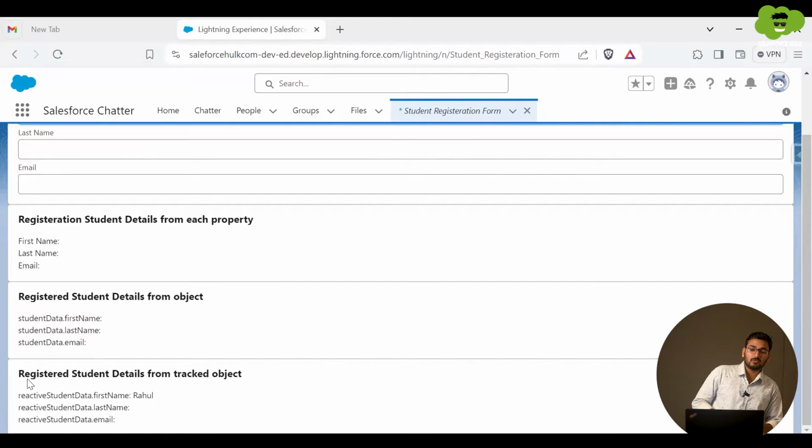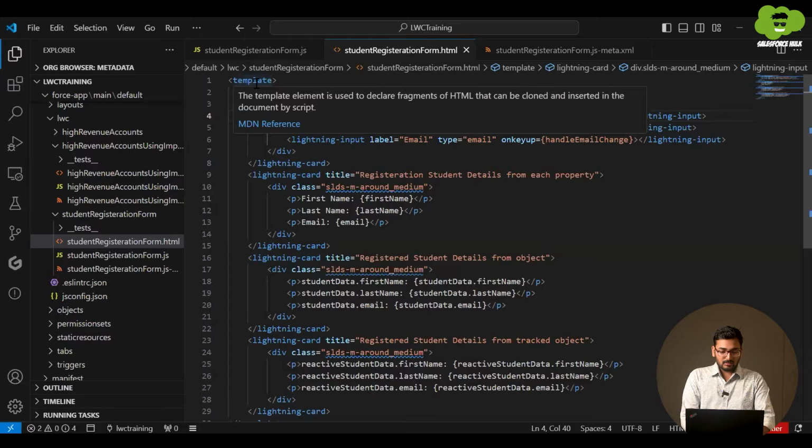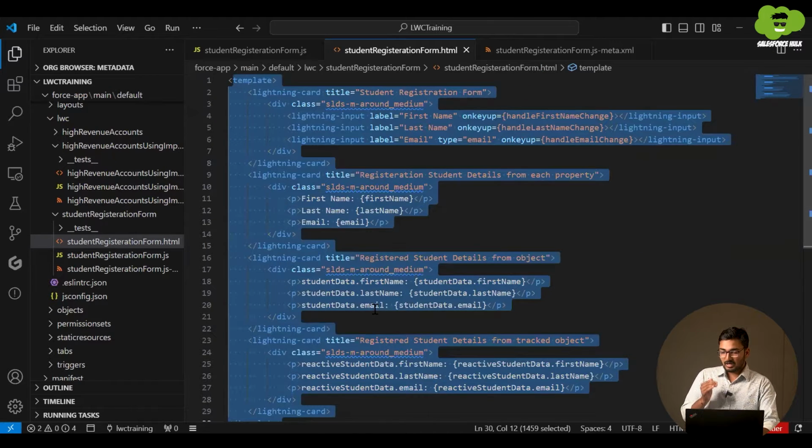This is the observation we have to make in order to understand what exactly the use of the track decorator is, and how property values aren't reflected when we do not use it. Here in the HTML, we have different lightning cards.